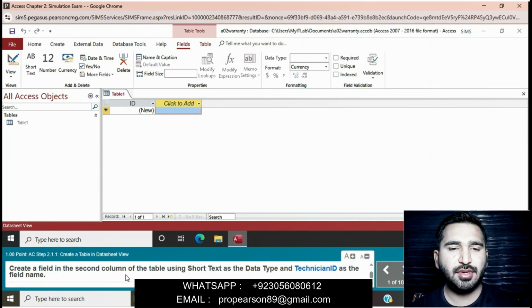Basically, in this question we will create a field in the second column of the table using short text as the data type and technical ID as the field name. You can read this question.